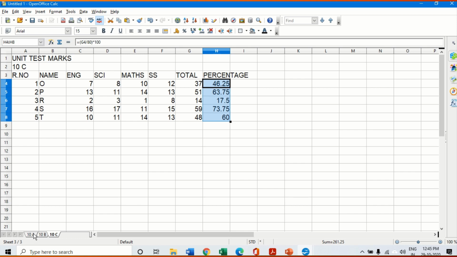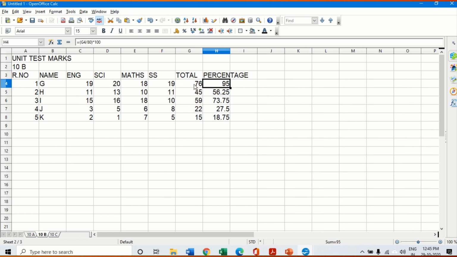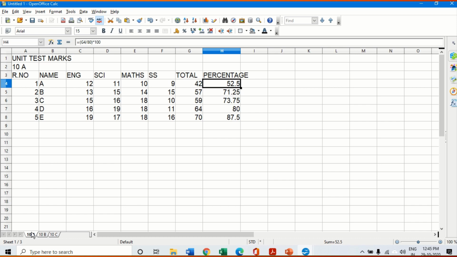Now, the only thing that we need to understand in macros is that the macros use absolute referencing. Which means that if my macro is run for this particular range, that is C4 to G8, and my formulas are in these cells, then exactly the same format has to be followed in the other corresponding sheets also. If I run a macro for another range of cells, that same macro will not be applicable. So that is one thing we need to remember.